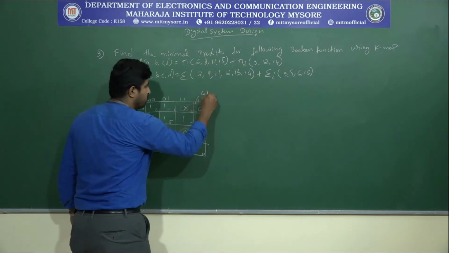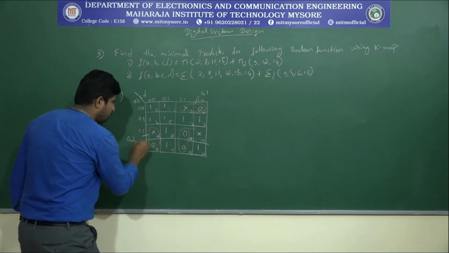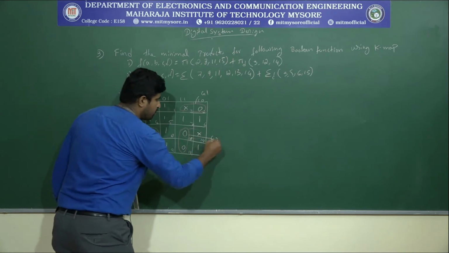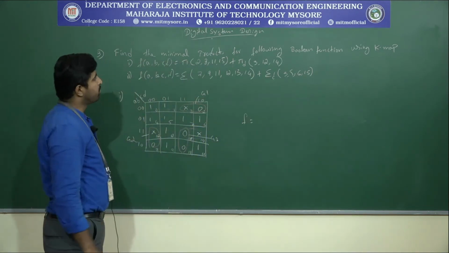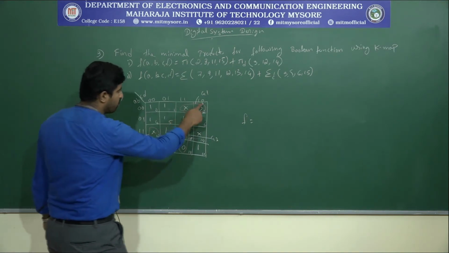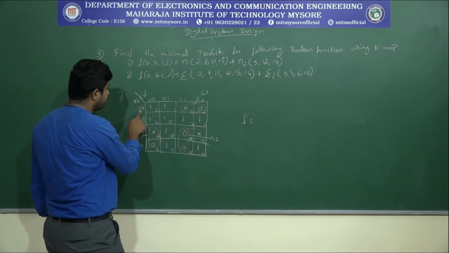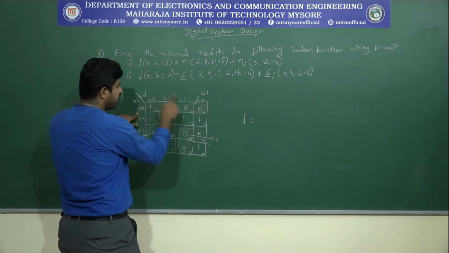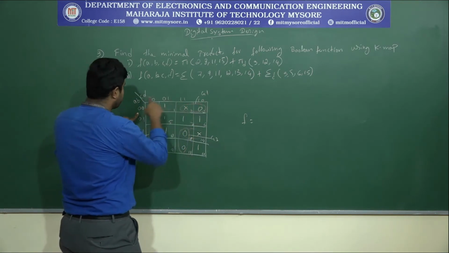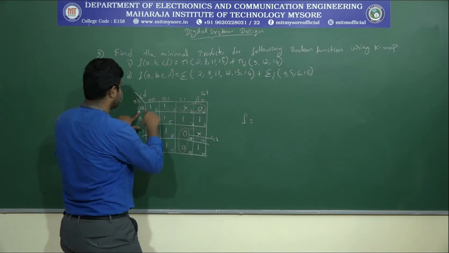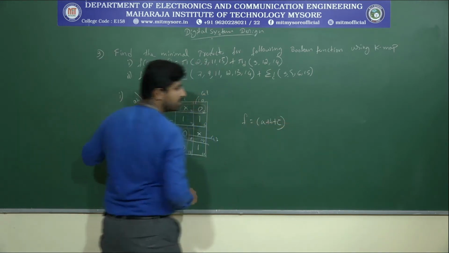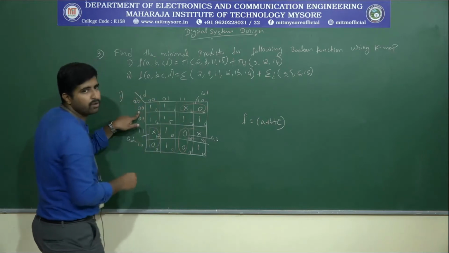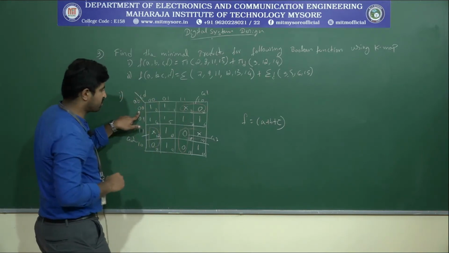So this is group 1, and this is group 2, and this is group 3, and the function has simplified minimal product expression. So for group 1, if you write 0 0 here, and with respect to the CD, D has changed over, only remaining is C equals to 1. So that means A plus B plus C bar. We complement, because we are writing a minimal product expression.